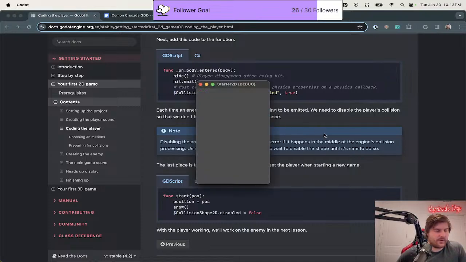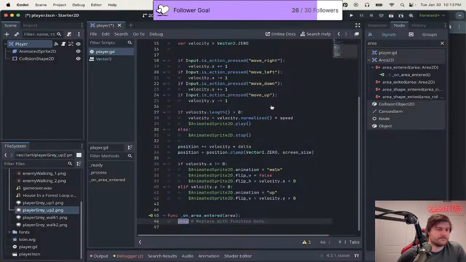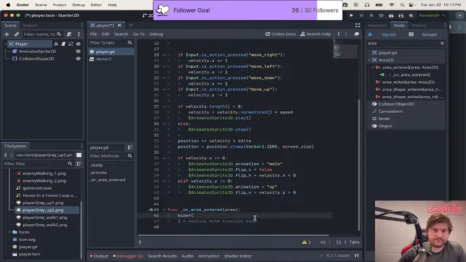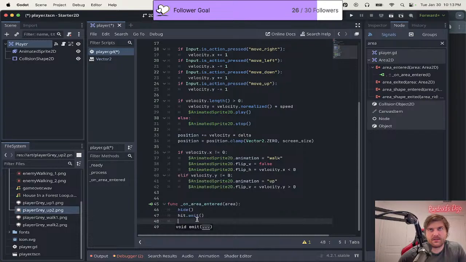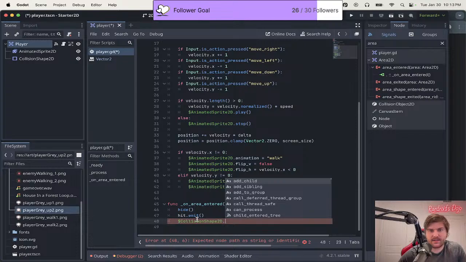Let's try it. And I close this window. Hide. One thing I missed from my IDE is it moves your cursor to the outside of the parenthesis for you. Hide. Emit on hit.emit. And then what was the next thing? Collision. All right, please autocomplete because I don't remember. There we go. Collision dot